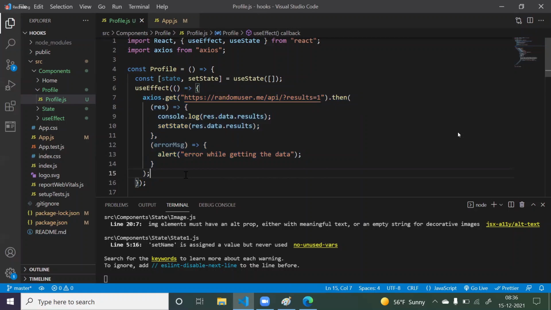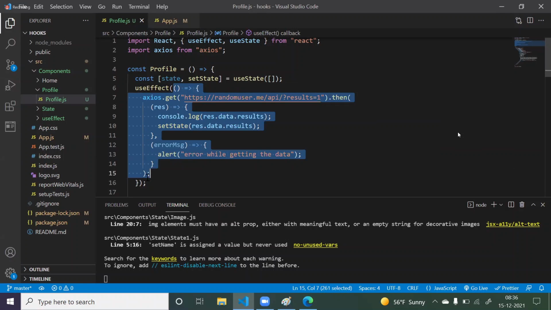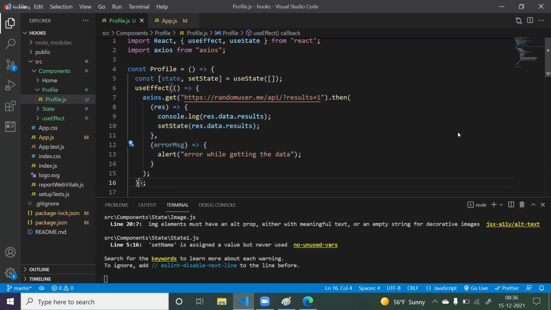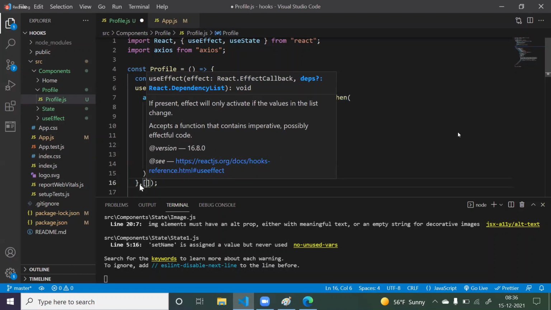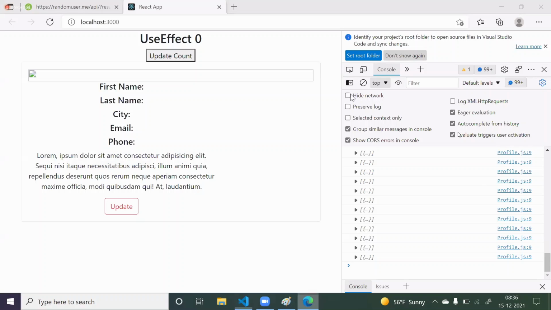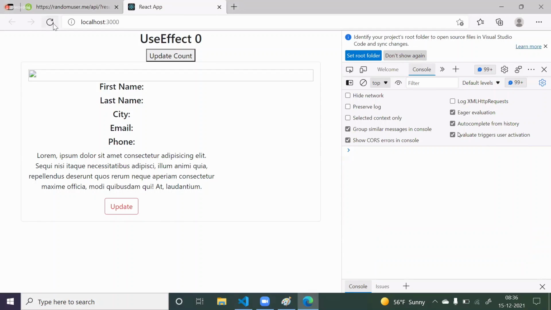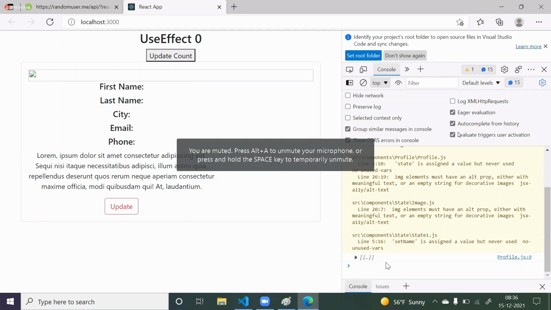So for that, what we can do, we can simply restrict this one. We can say that I want this one should behave like a componentDidMount only. It should not behave like a componentDidUpdate. In that case, I will just pass here one empty array as a second argument. Now save it. Now request will go only one time. So if I clear it and if I refresh it, now see request went only one time and we got the response one time. That's it. Now we are not sending any request.